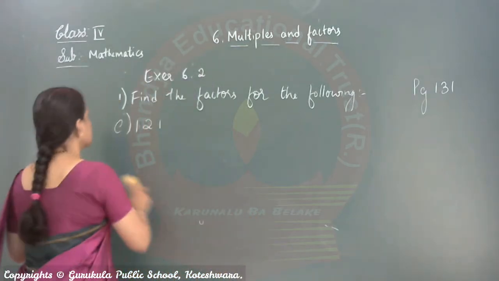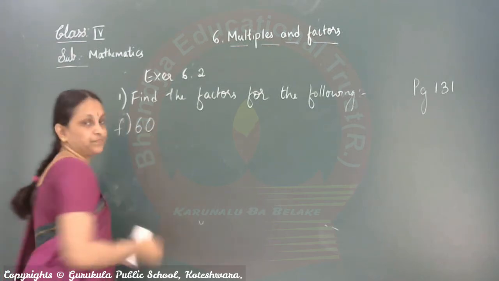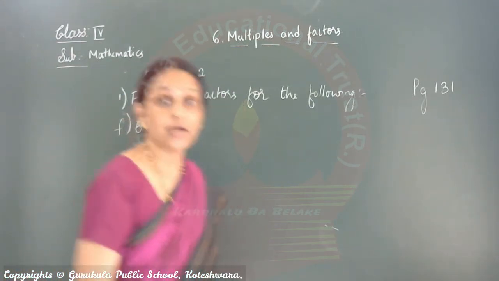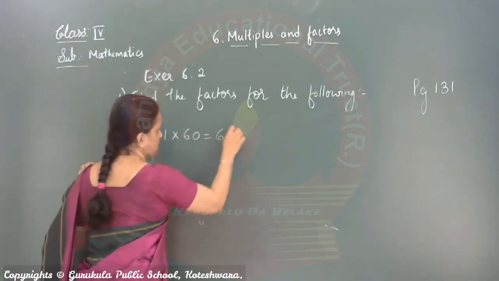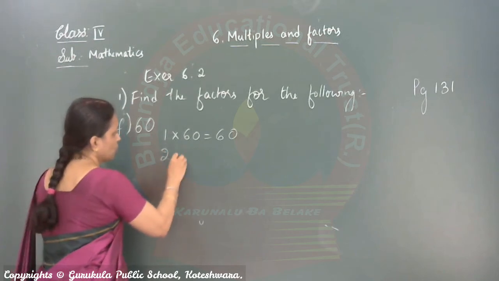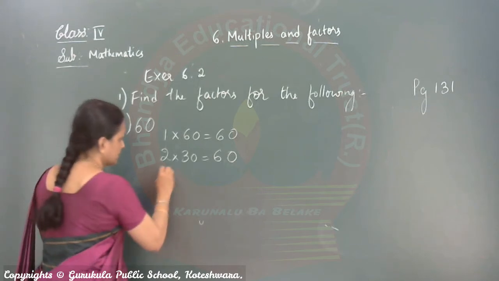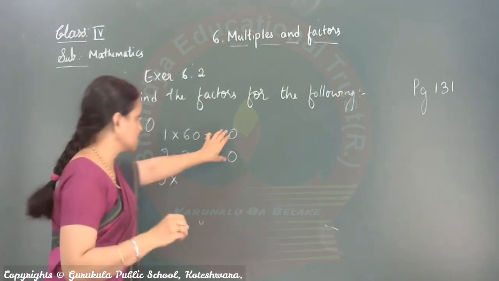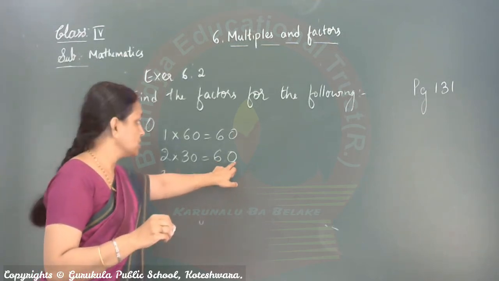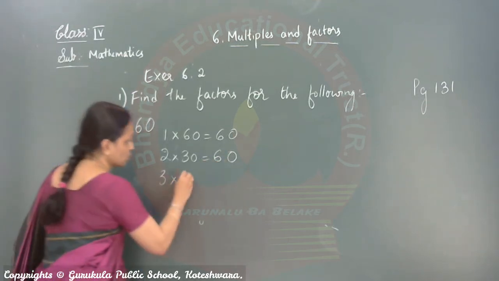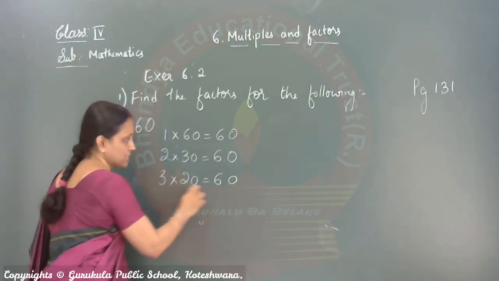Yes. Next number is given as 60. Okay. Let us do with this. 1 into 60 is 60. Yes. 2 into 30 is 60. Yes. 3 into, see children, this is tens, but 6 you know, it comes in which all tables. So this 0, 1 you have to add, that's all. 3 2s are 6 and 1 0, so 3 20s are 60.